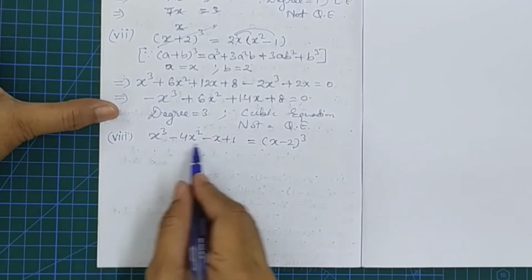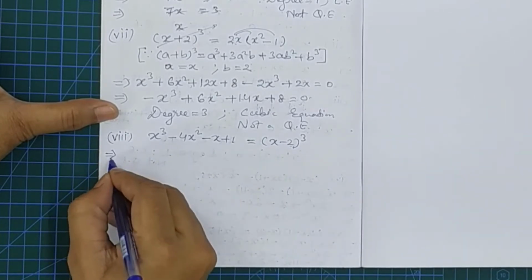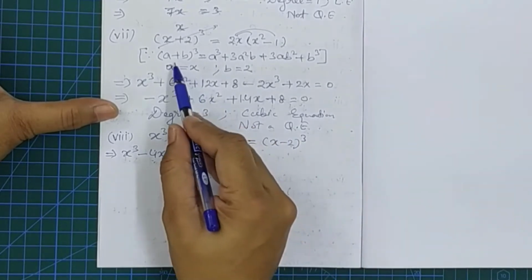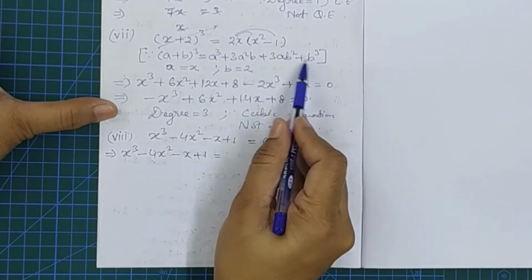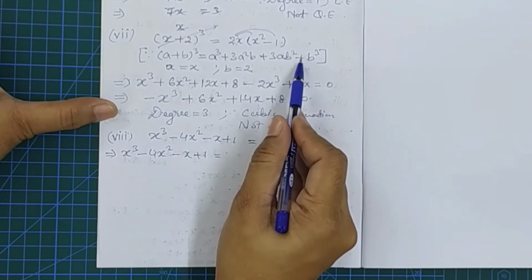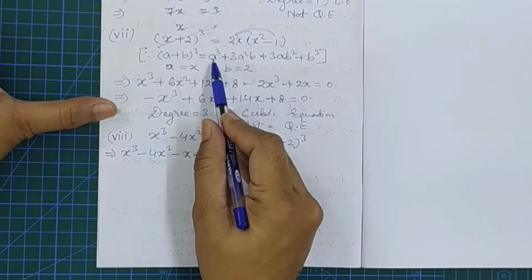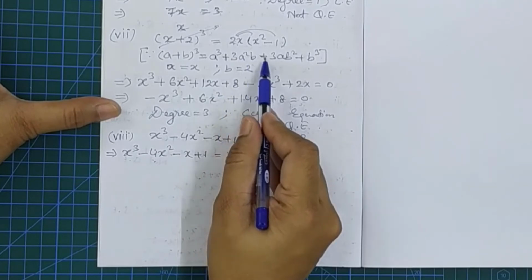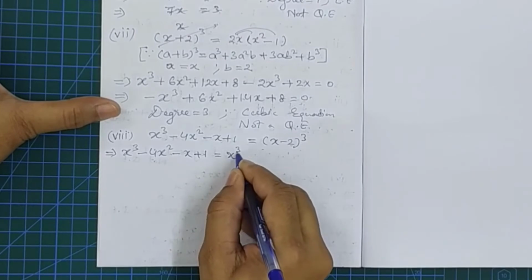The 8th bit, left hand side is already in simplified form. Right side we have to expand it. So left side as it is, I am writing here a minus b whole cube. So here we already wrote a plus b whole cube expansion. In this expansion, wherever we find a single b and wherever we find a cubic b, in front it's not plus, it will be minus symbol. So a minus b whole cube expansion will be a cube minus 3a square b plus 3ab square minus b cube. So a cube